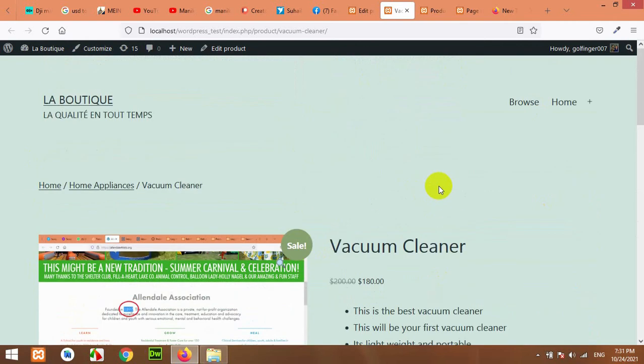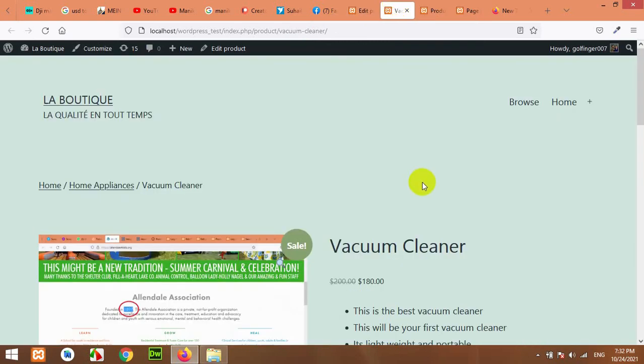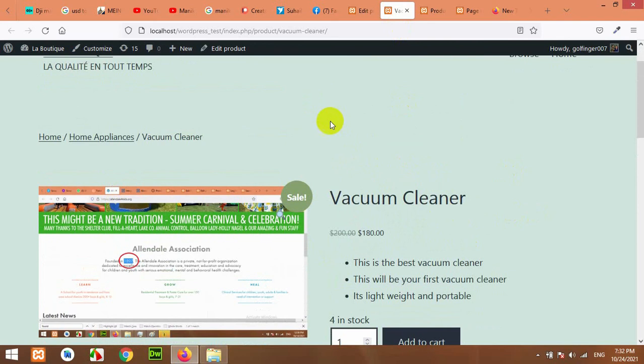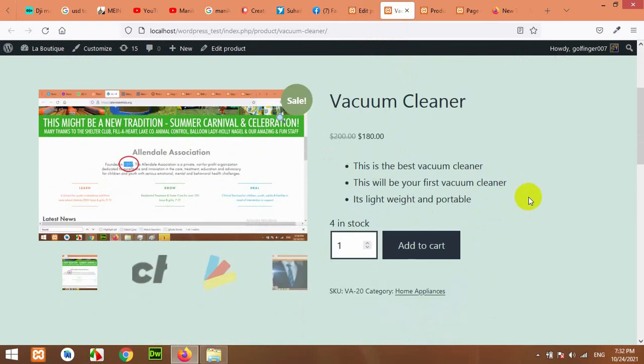Okay, this is the basic theme. It's 2021 theme, and it's just a basic view. You can change the theme from your theme section, and the design will be completely changed if they have some advanced techniques for the WooCommerce. So it will be looking more beautiful from this. But this is just a basic. It's just giving you a basic idea how the WooCommerce website will work. Okay, now this is pretty much all, because people can buy the product from your website from this point.